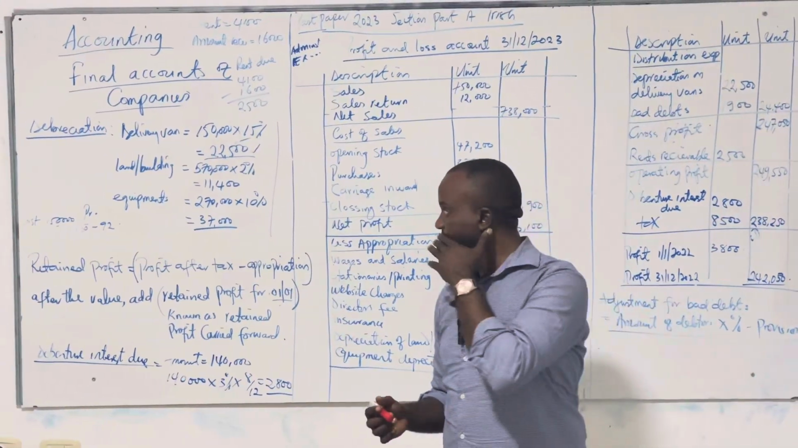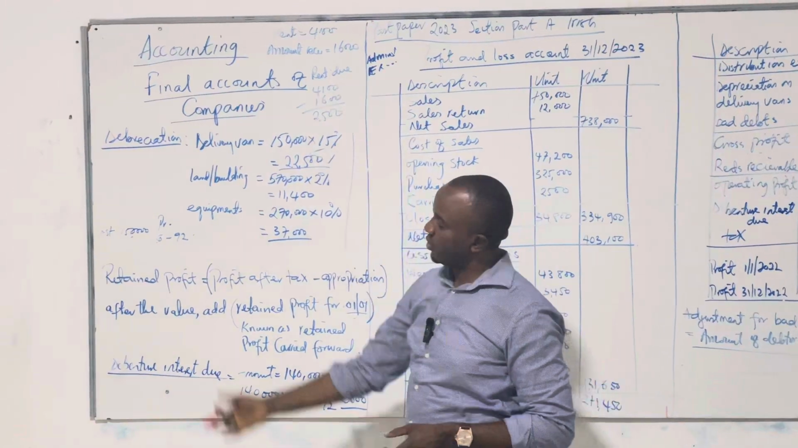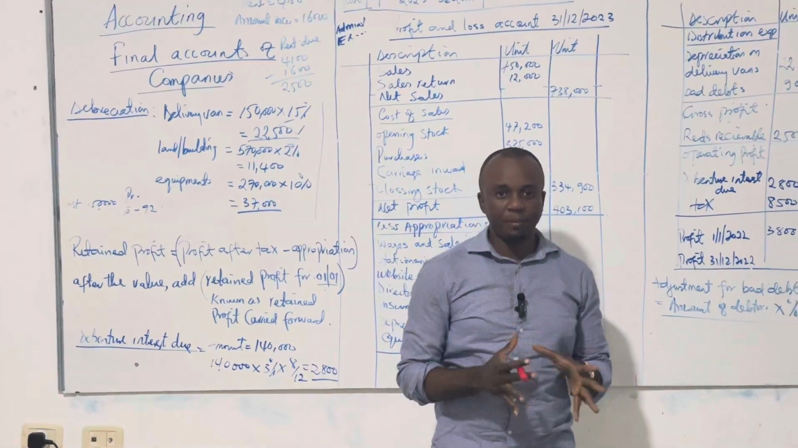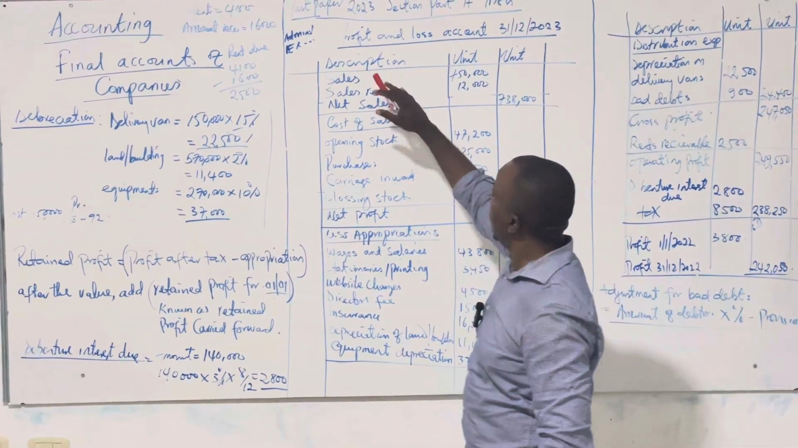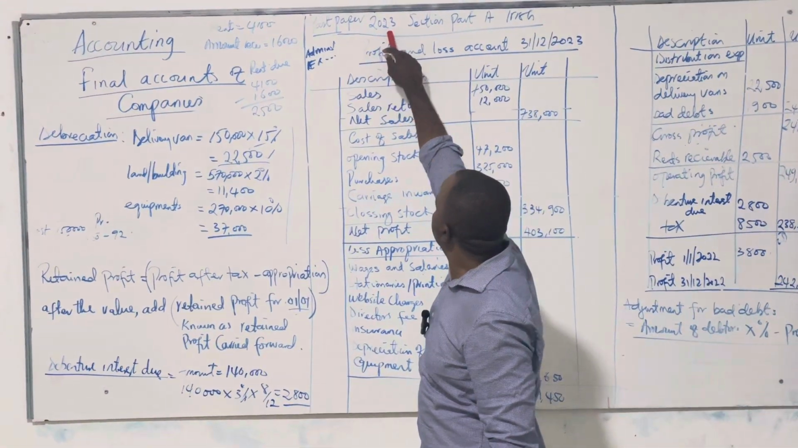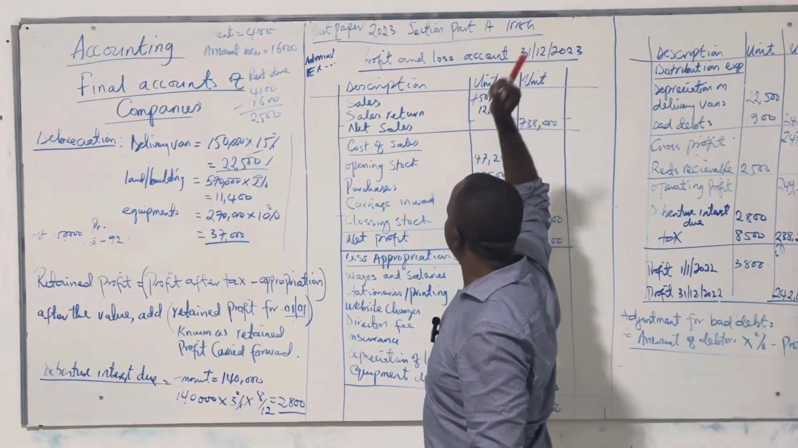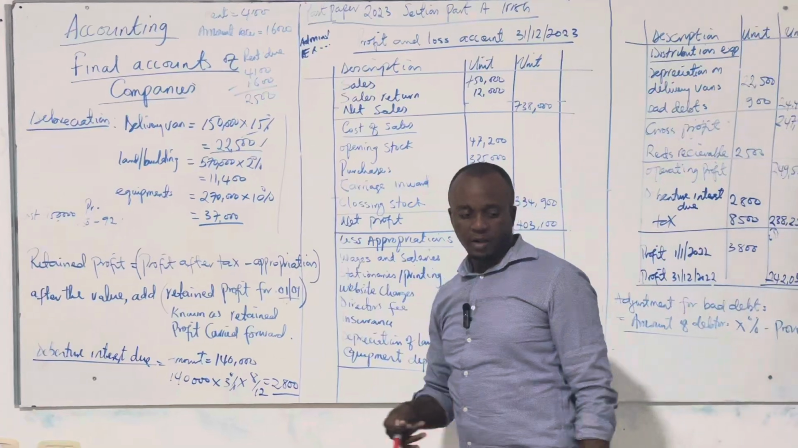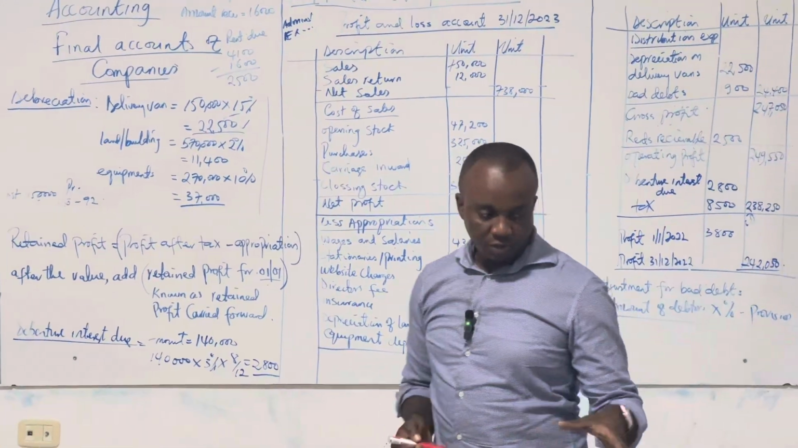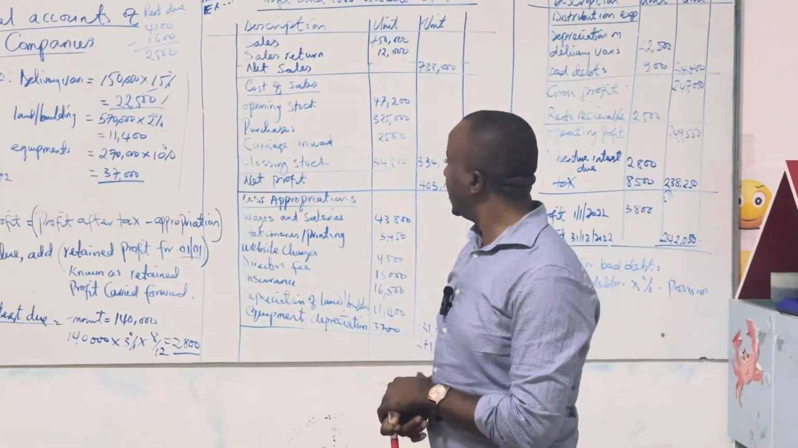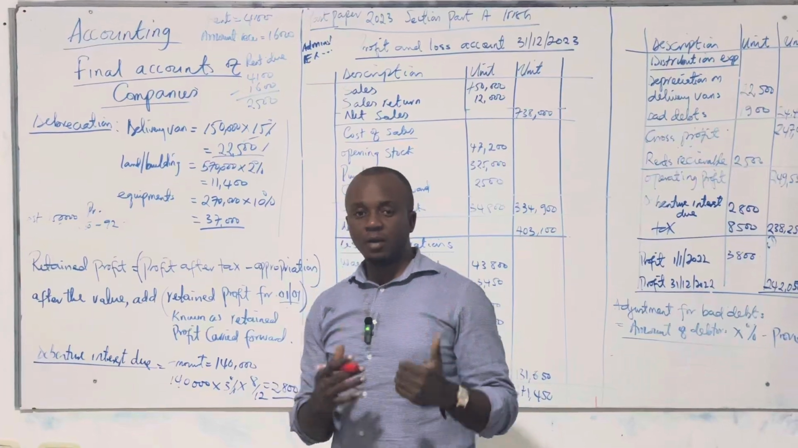Okay, so this is advanced accounting, and we are talking about the final accounts of companies. We have decided to take past paper 2023, Section A, Part A of the Irish exams, or Irish curriculum. And we took the question from the paper, and they asked us to prepare a trading profit and loss account